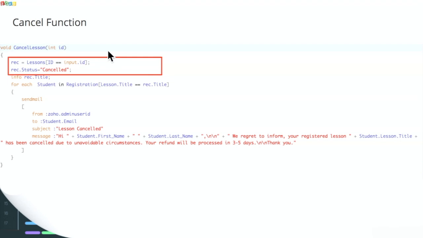So here what I'm trying to do is change the status of the record that I fetched from the lesson. Every time somebody clicks on the cancel button, I'm fetching the information about the status of this particular record, and I'm changing the status to cancel. We assume that it's going to be active for all the cases. So that's the important state change that is happening. But we cannot stop there. There are a lot of students involved in the class, and we want them to be notified that the lesson has been cancelled. That's the second part of the custom function: notify all the students in the class that your class has been cancelled due to some reason.